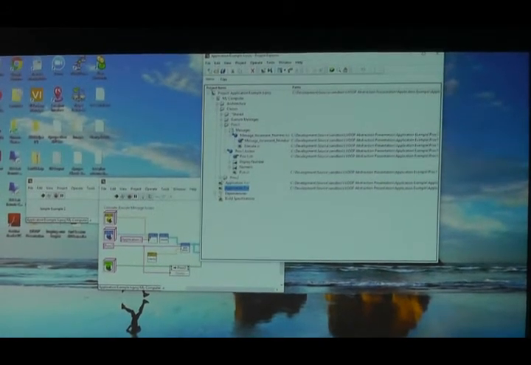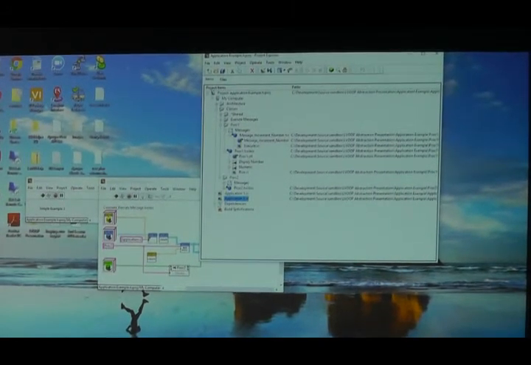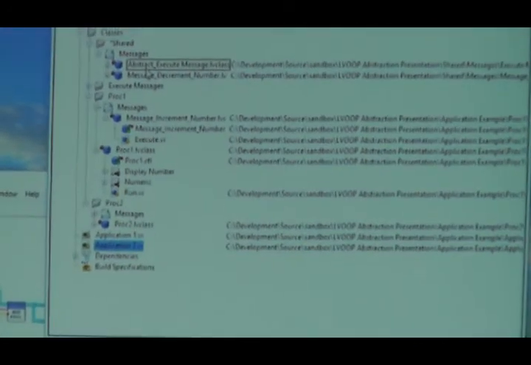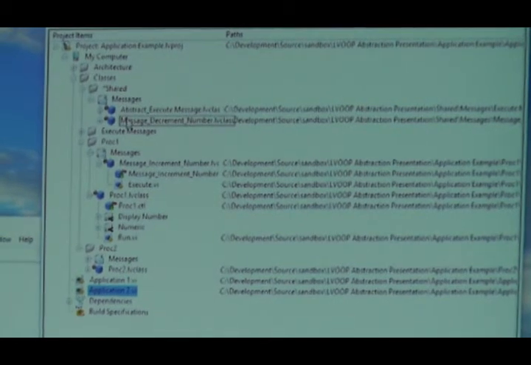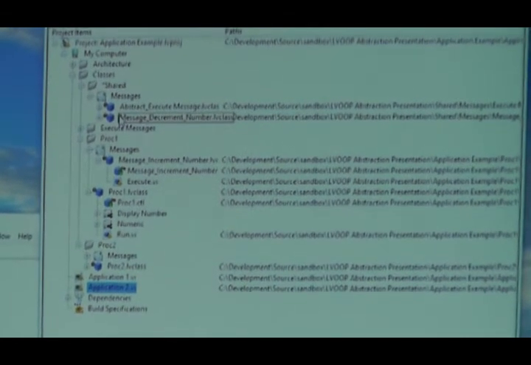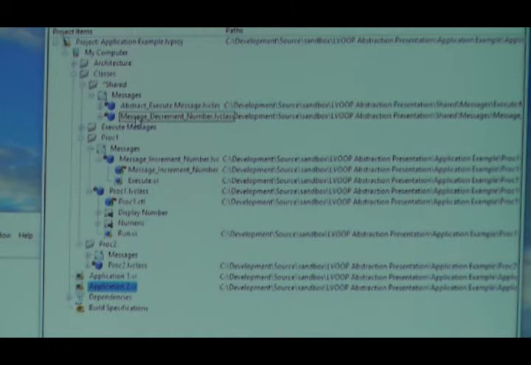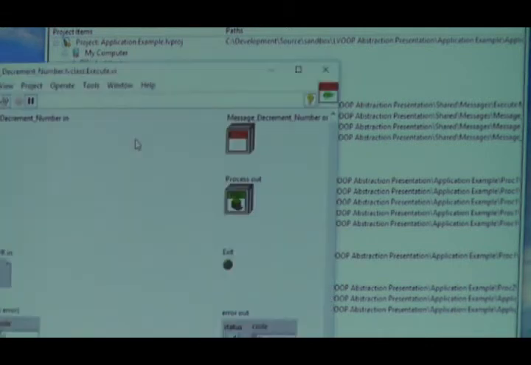What we've done is we have this shared class up here, where we have our abstract execute message class, and we have our decrement number class. So we're sharing this message with both the sender and the receiver. And if you look at the shared message, actually, let me stop this.